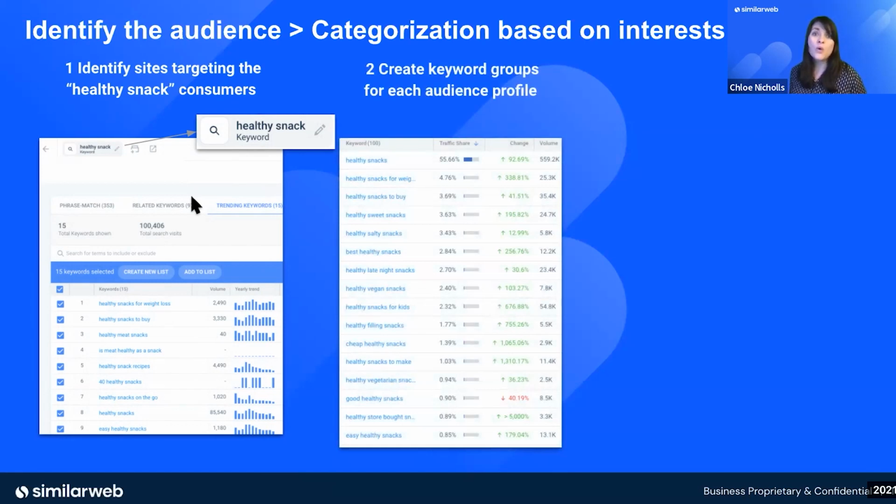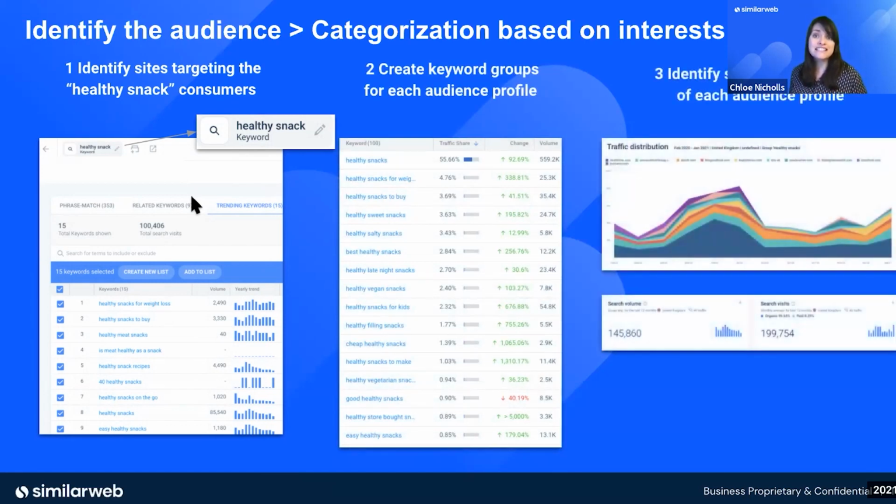This is an example of putting in the search term healthy snack, and then this brings together a group of keywords which you can essentially use to build a profile of that audience based on what they're searching for on the web. With this list, you can then identify the types of sites and those that actually engage with your target audience, plus identify the total addressable audience and that market that you can reach that is completely net new that you haven't touched before, and look at the search volumes and also identify those trends over time.